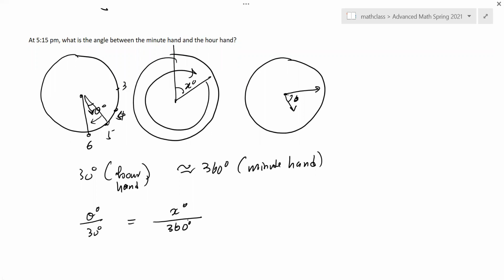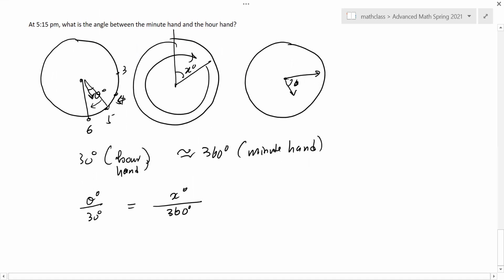Yeah, this corresponds because when x increases from 0 to 360, theta increases from 0 to 30 degrees. Okay, so now we know that